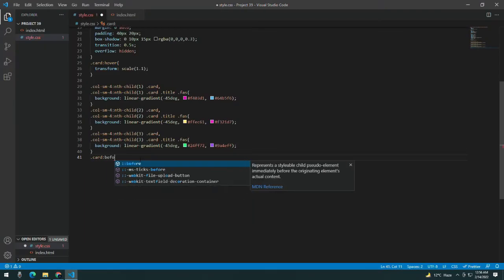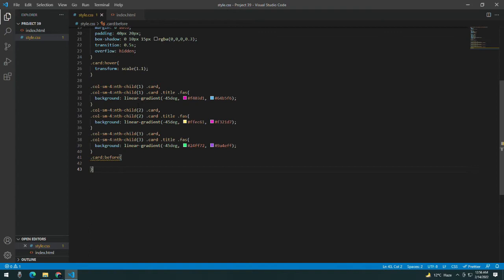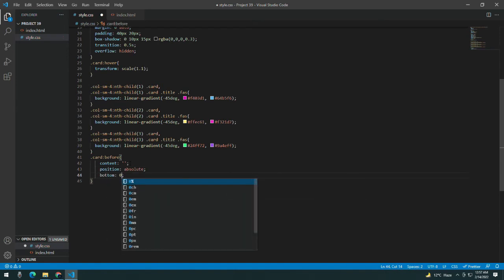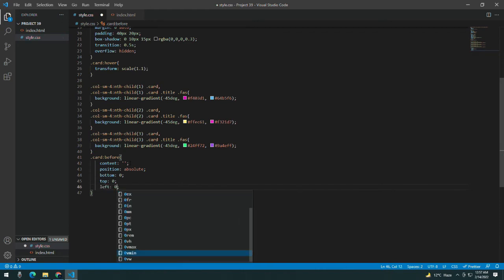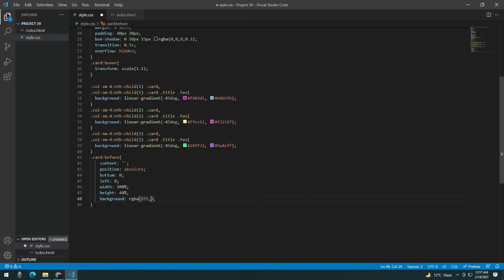Now I will just take the card before. I'll add a skew line in between in a second. I'll give it a content of empty, position absolute, bottom 0, left 0, or I can remove the top, I don't need that. Width should be 100%, height should be 40%, background should be RGBA of 255, 255, 255 and opacity of 0.1, z-index should be 1,